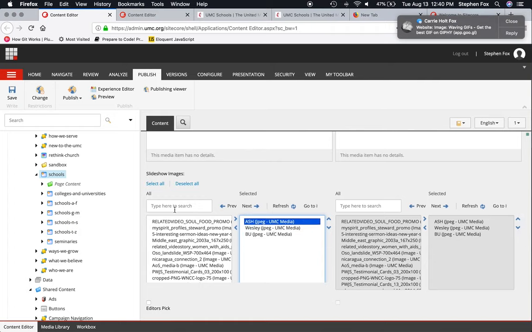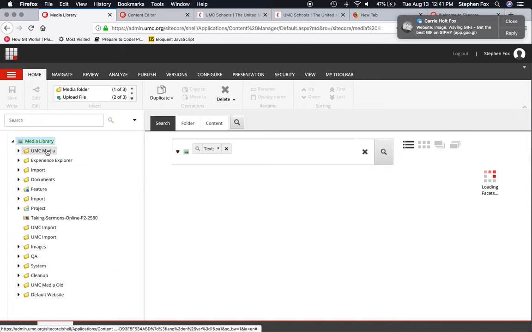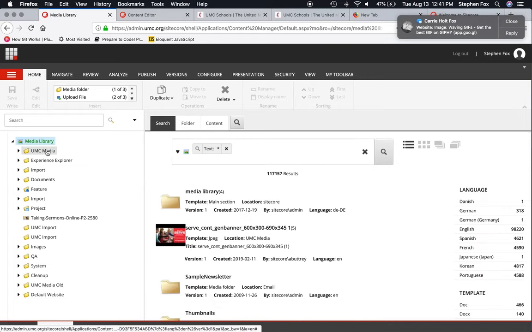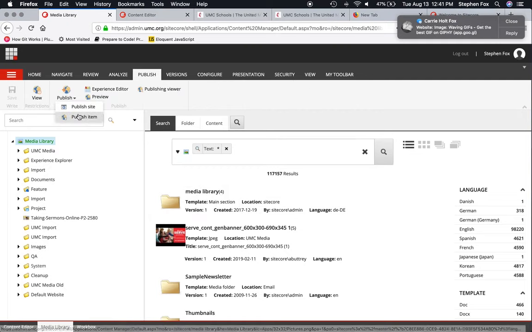To implement a new one, first you would need to upload an item to the media library. Inside this UMC media folder, you would right-click, insert, upload file. You would upload that file here, save it, and publish the item. And that would make it available on the content editor. So when you go back over here to the content editor,